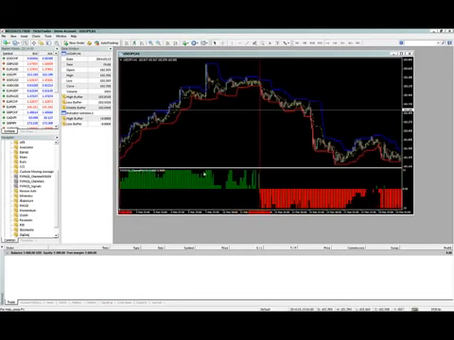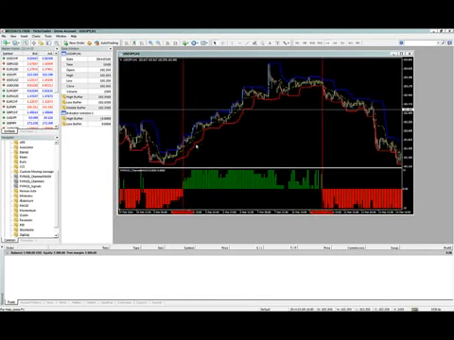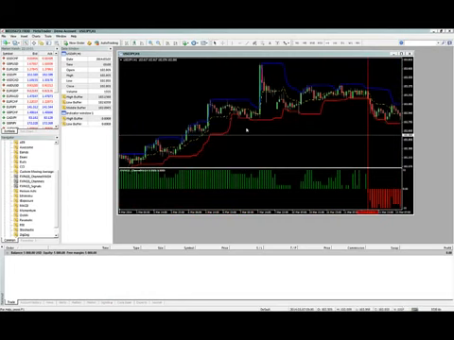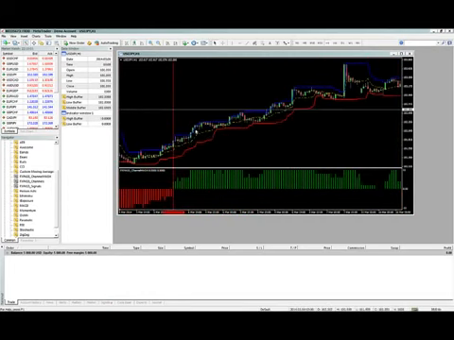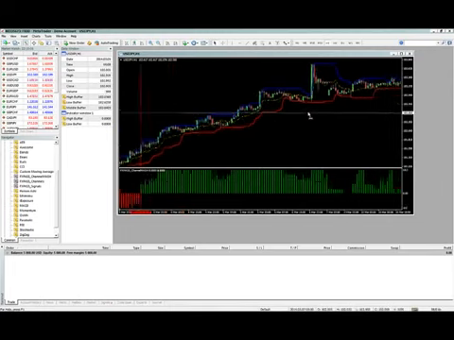So this is powerful enough to be used as a system on its own, but what we're using it for is what's called filtering. So if we ever get in situations like here, for example, here's a really good example. You'll see that as we move up, we're staying in our trades and getting in new ones and staying in the trades and catching most of this. But whenever we come down